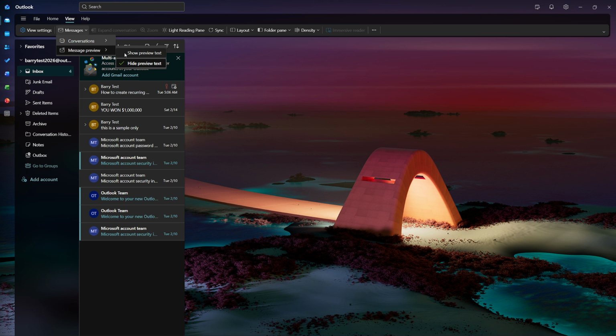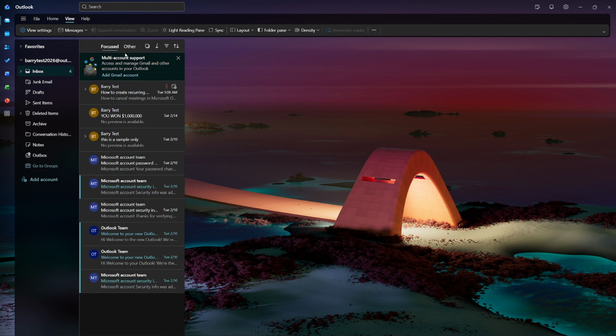Choose bottom if you like a stacked view with the message list on top and the preview below. That can be more comfortable on smaller displays, or if you prefer reading in a taller, more document-like space. As soon as you make your choice, your mailbox will update. From now on, when you click